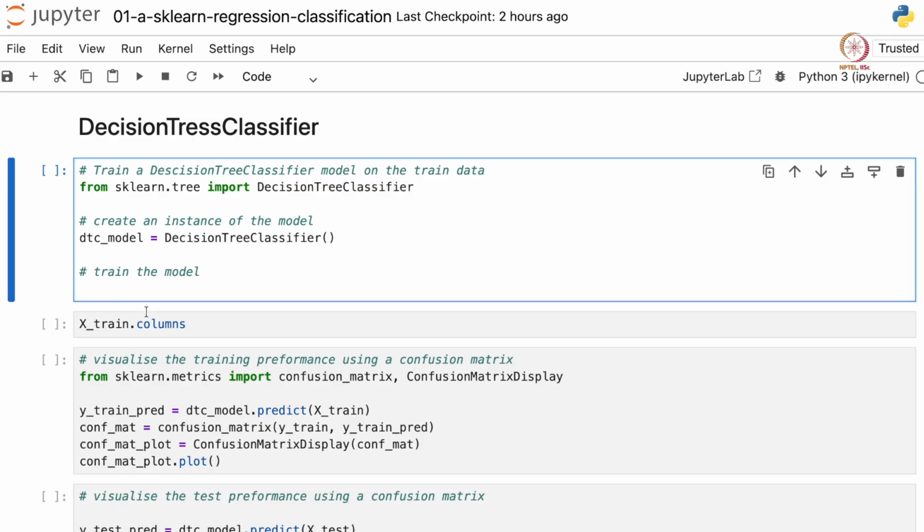And then we train the model. So for decision tree based models, we need not normalize the features. So we are not normalizing our features again. We'll use the usual features. So we use DTC model dot fit, and we pass the x train and the y train values.